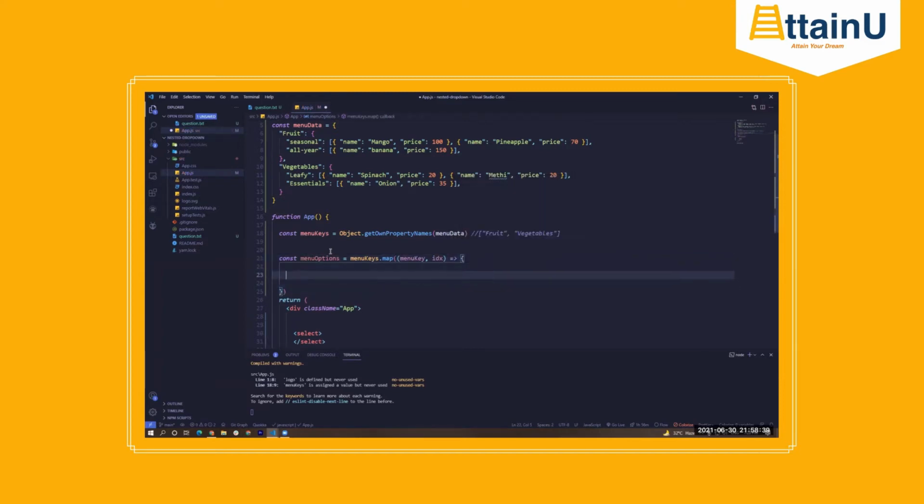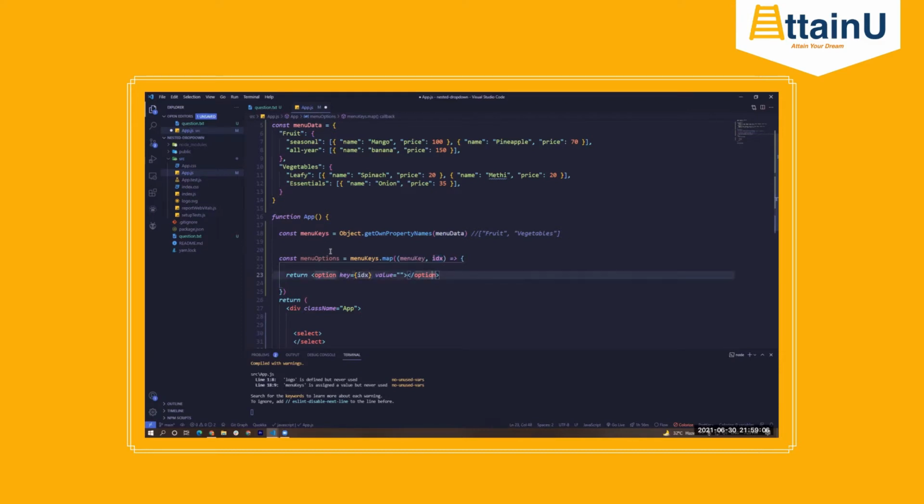So this will just return an option tag, right? Since this is going to be an array of JSX elements, we need to put in the key attribute. For now, we'll just put in the idx. In a production level environment, you would obviously use some other package, UUID or something like that.